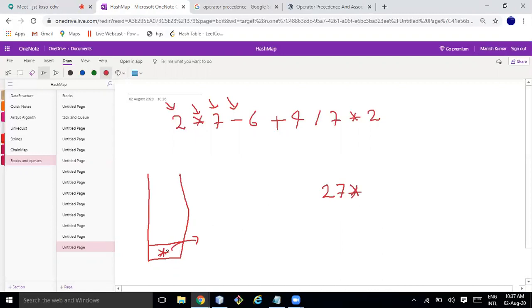So the stack is null now. I'll check minus with null. Minus is having higher precedence, so I'll push minus.